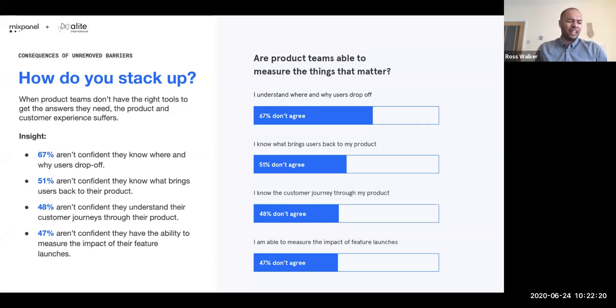And I think that these challenges can be caused by a number of things. And I think that they very much tie into the things that we spoke about in the last slide. They tie into having those challenges around not being able to get access to the data, not being able to trust the data. But I think this can be caused by a number of things. It can be caused by potentially a bad implementation of product analytics. It can be caused by bad naming conventions that ultimately leads to product teams not having the trust in the data. It can lead to product analytics teams or product management teams not having the relevant skill set to analyze this data.